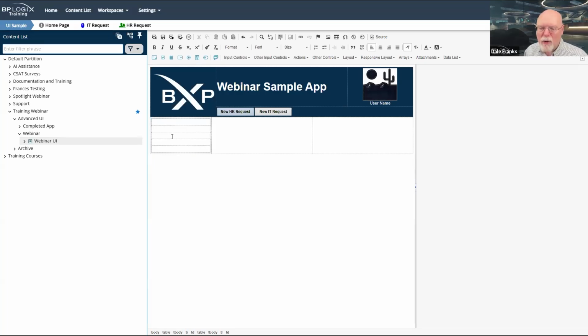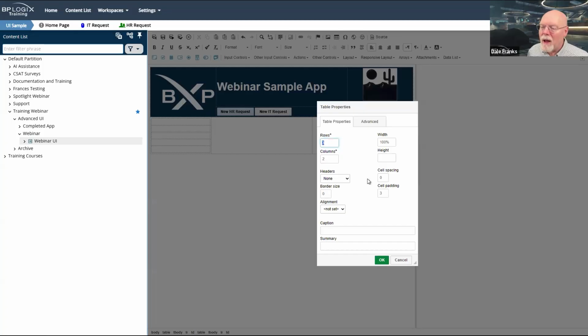Then the third row is going to be my second, and again, another space. And then the fifth row is going to be my third status box. So just to make my first status box here, once again, I am going to insert yet another table. And in this case, it is going to be 2 rows and, oops, not 2, 1 column.